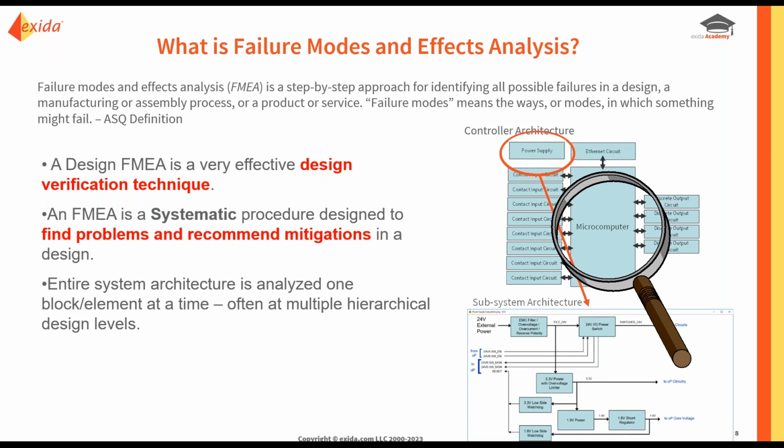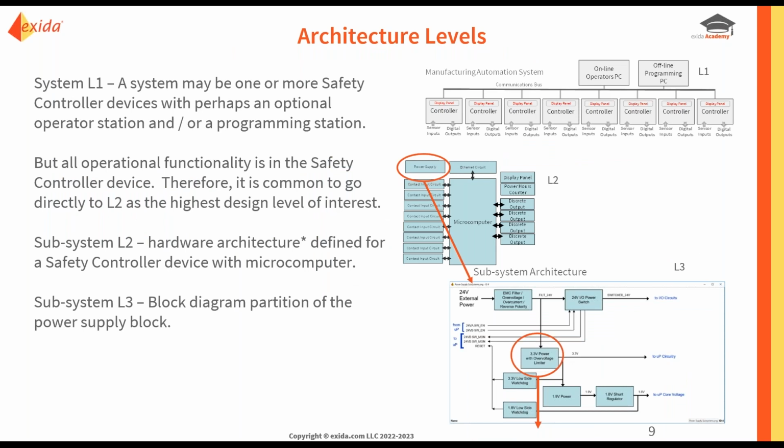An FMEA is a systematic procedure designed to find problems and recommend mitigations in a design. And an entire system architecture is analyzed one block at a time at multiple levels. And just picking up on that last point, and speaking about architecture levels, it's something that we do at Exida, that the lower down a design you go in terms of the subsystem architecture, the more accurate your FMEA will